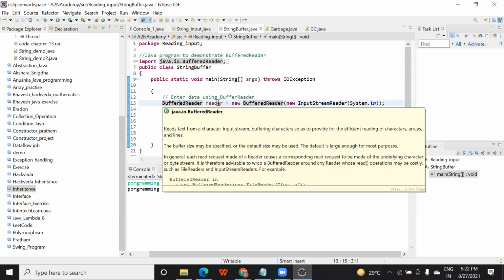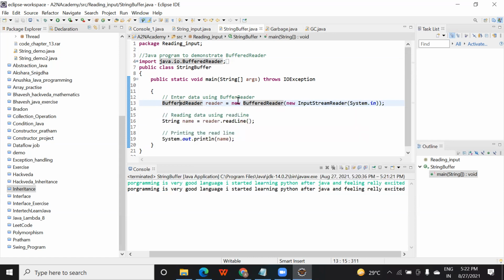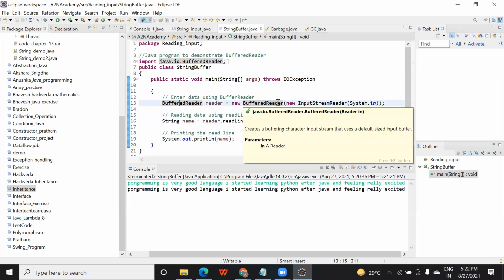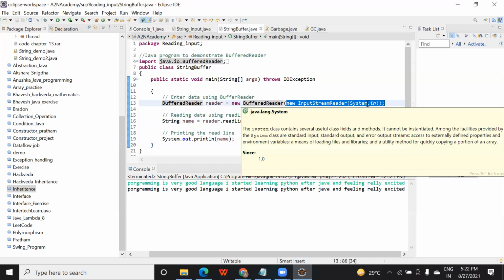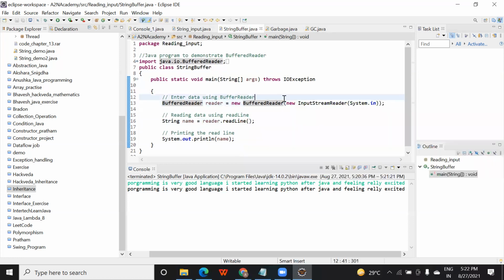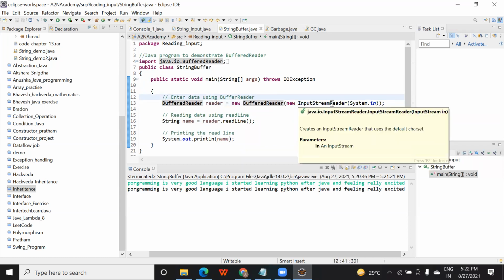Like BufferedReader object = new BufferedReader, just like you declare a class object. Inside this you have to declare this also. Now what is the meaning of this? It means that your input is coming from your keyboard. System.in means you are giving the input from the keyboard. So that's why we pass this new InputStreamReader. It means that your input is from the keyboard. Okay, is it clear?